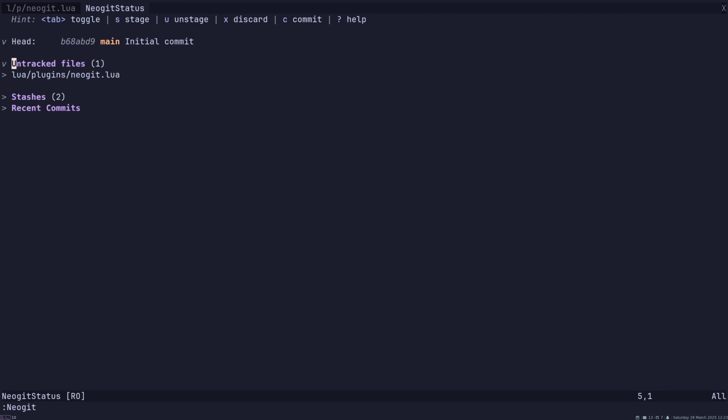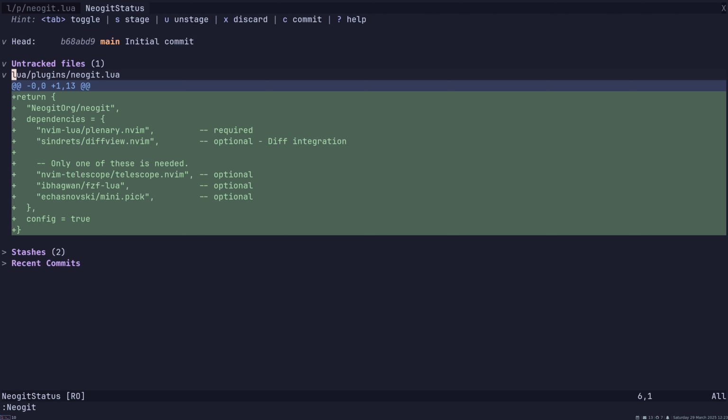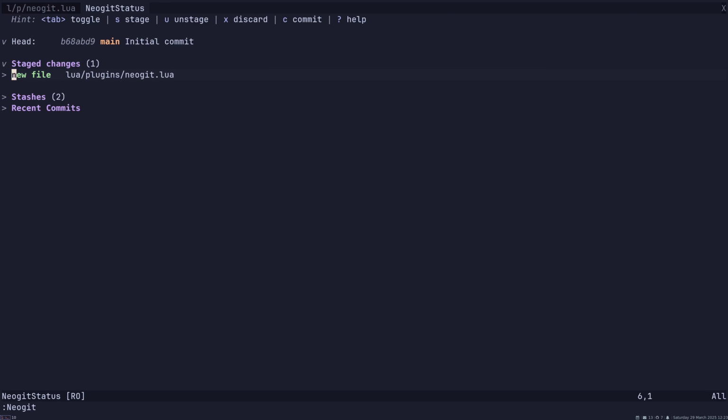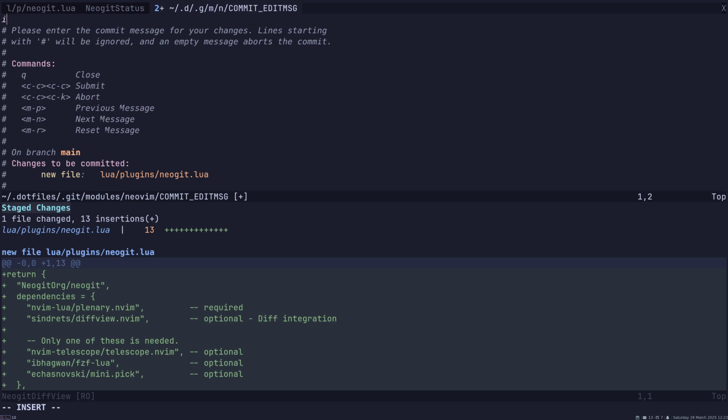This is the Neogit UI, which contains a couple of sections: a section for untracked files, stashes, recent commits, and you can expand those sections. And what I'm seeing here is the available hunks with changes in the Neogit file, and I can press the S key to stage every single hunk independently. So I stage the things that I wanted to include in my commit, and I can press C and write the commit message,